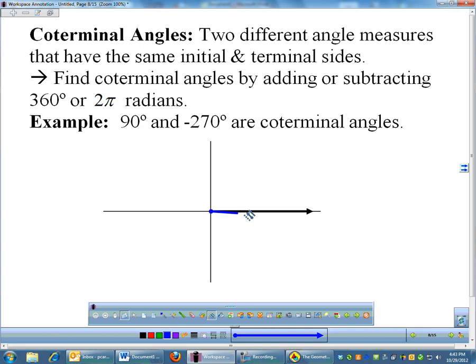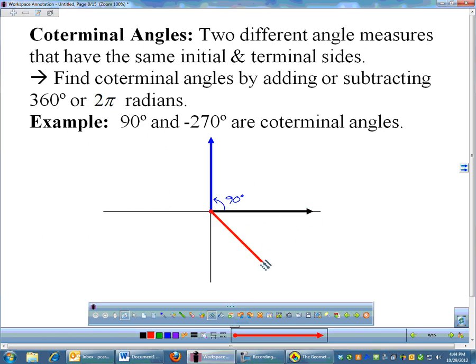So we have one angle that's 90 degrees. So I open up positive 90 degrees. And my coterminal, what I'm calling coterminal, is negative 270. And coterminal means that when I go negative 270 degrees, I'm going to end up in the exact same place as positive 90 degrees. And if you think about that, 270, first it's negative, so I'm going to open up clockwise. Well, there's 90 degrees. If I go 90 more,